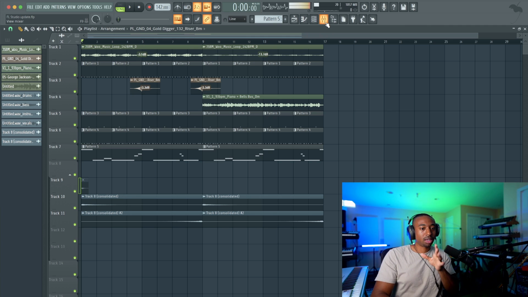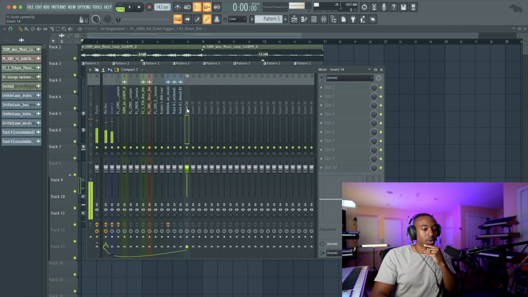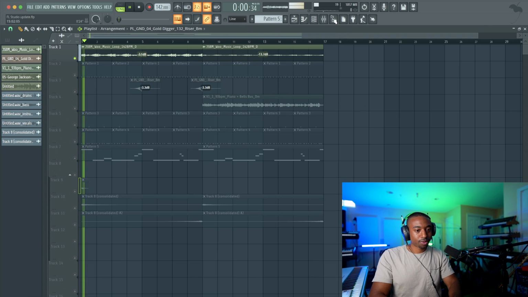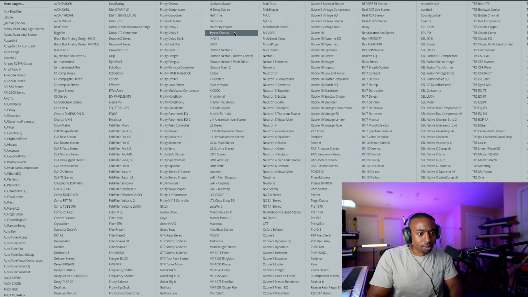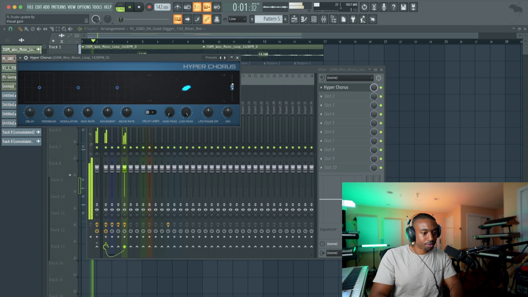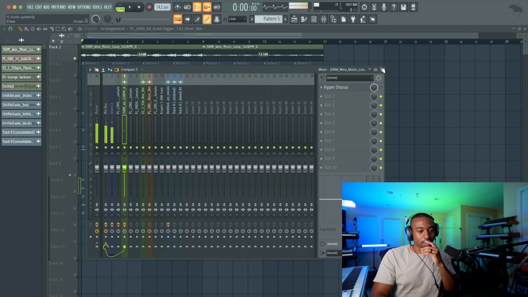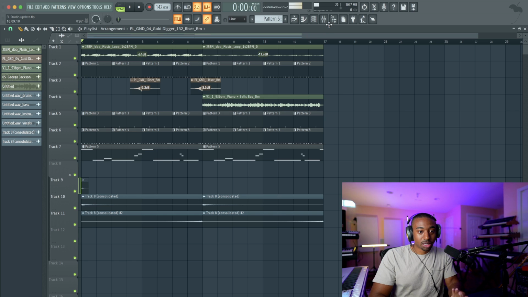And the new FL is pretty dope. Can't complain. There are other plugins that are cool, but there's one plugin you might want to know about too. It is called Hyper Chorus. It sounds really good. Let me demo that real fast. Let's use it on the loop. This one I use a lot for Travis Scott vibes. So this is a chorus plugin that sounds a little more blurry, I'll say. Really good plugin. That's cool. So that's pretty much it.